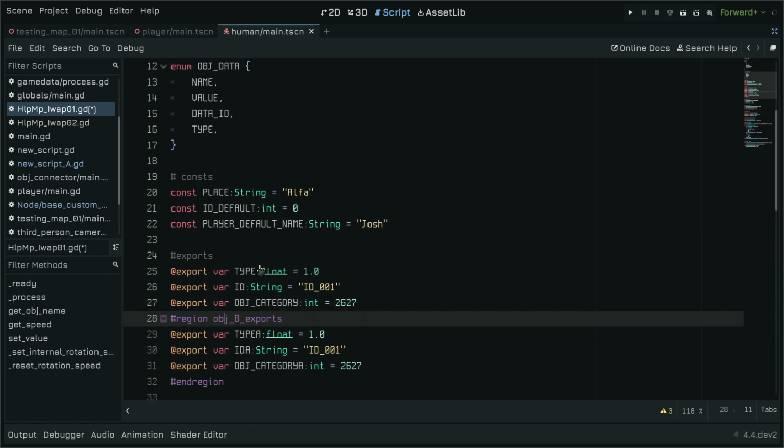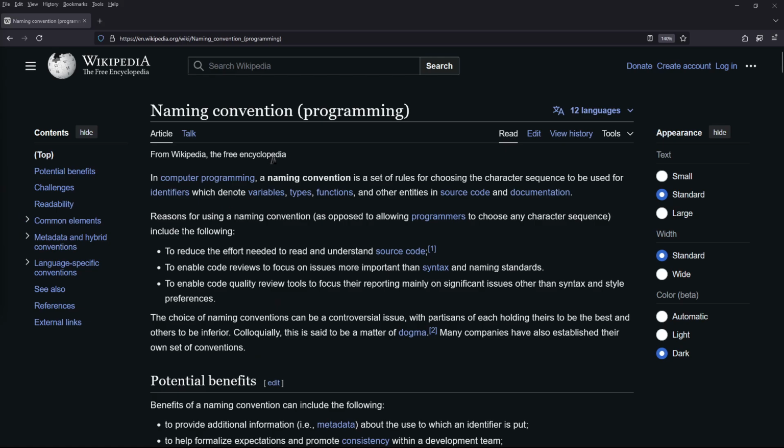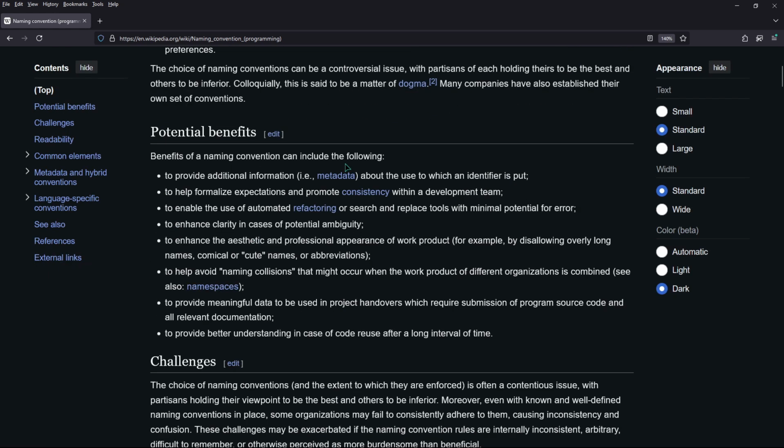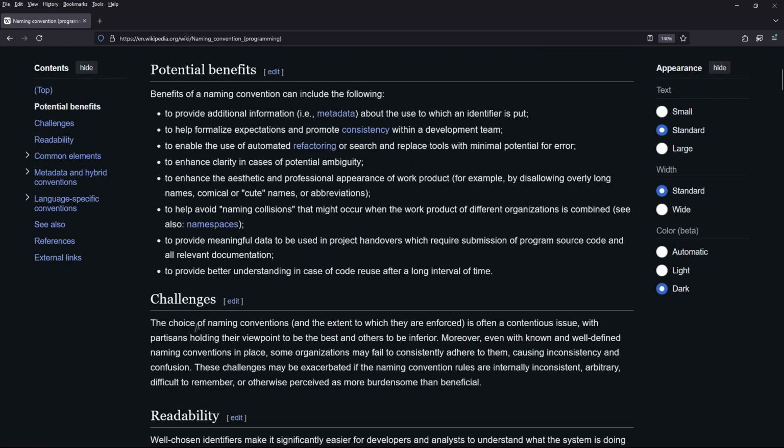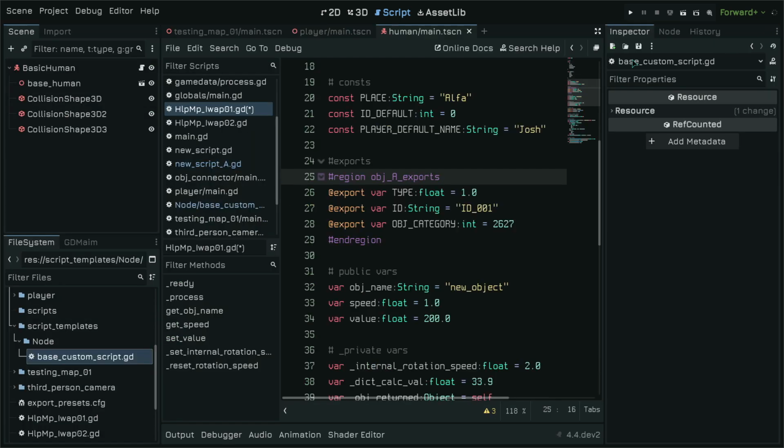I'm going to leave one here just for reference, that this is how you code regions. Another thing that I want to talk about is naming conventions for your Godot project. So here on Wikipedia, the objective of having naming conventions in your code is to reduce the effort to read and understand the code, and to basically allow you to read it much faster than previously. There are of course some challenges to doing this. So in Godot, the naming conventions that I usually use, I don't know if I exemplify this in my files, of course I did not,